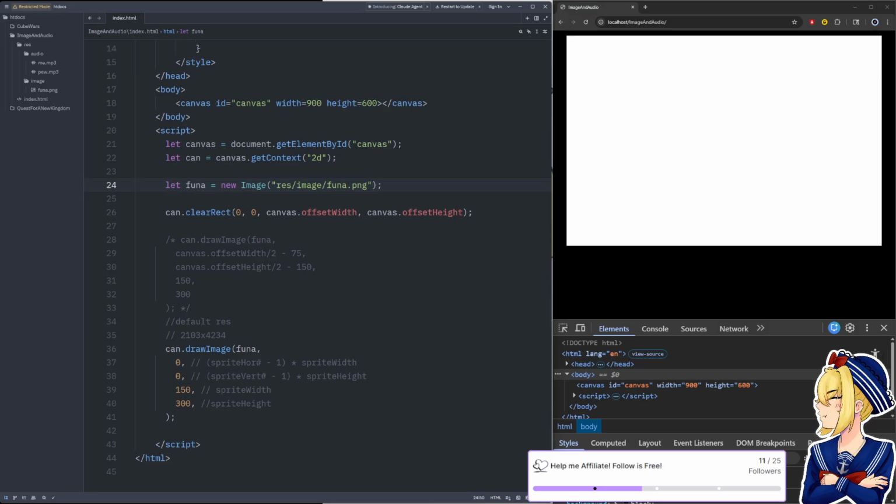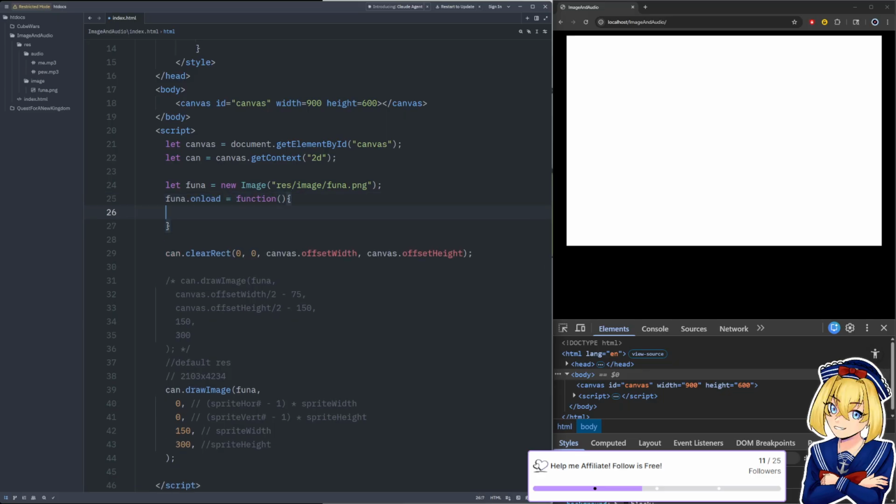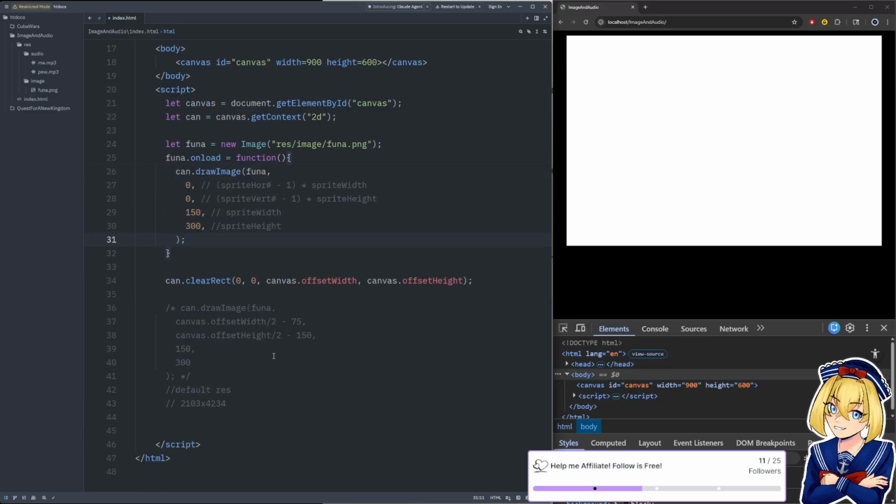Okay. All right. What Google says is we're going to do this, which creates an image in memory. And then what it wants us to do is say on load, we're going to do whatever we're going to do with the image, which in our case is going to be draw it on the screen, right?